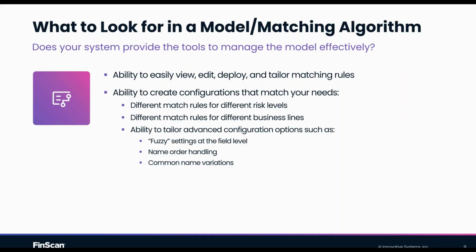You also need to look at things like name order handling. It's incredibly common that you'll have systems, different branches, different languages in different regions of the world where the standards for putting in names might differ. First name, last name, first name, initial, last name, and so on. So name order handling is something which is oft overlooked, but absolutely shouldn't be. You should look at what the capabilities are to accommodate different orders of names and different standardizations. But then you've also got common name.